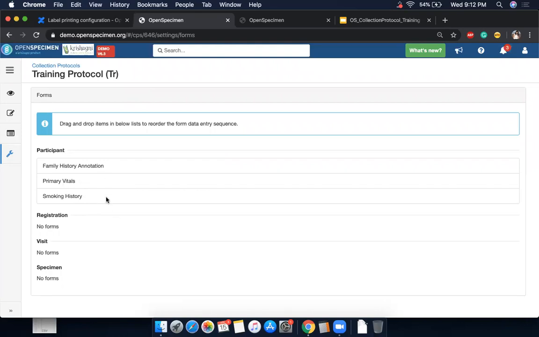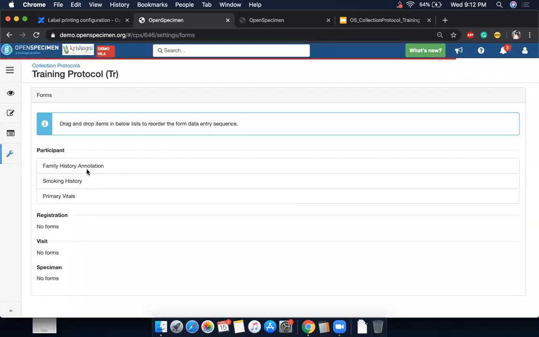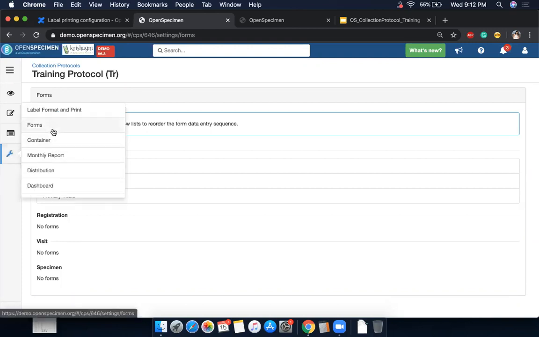But once you set up forms for a protocol, then you can redefine it and arrange the order of the forms using these settings, so that when you actually do data entry, you can enter data for a patient one after another using these forms module. So that is the form settings.